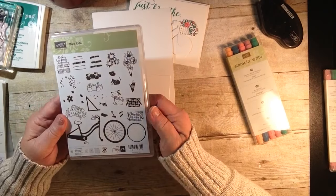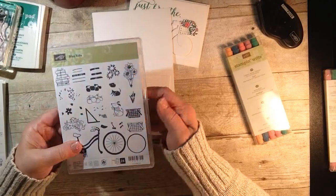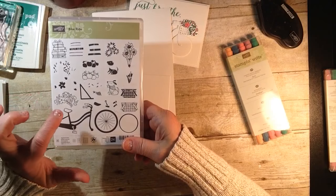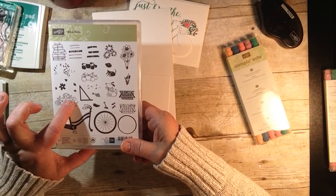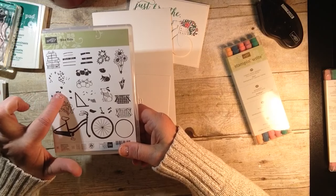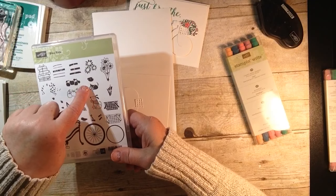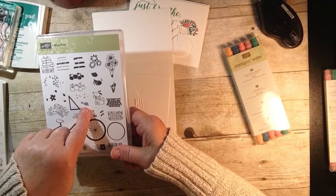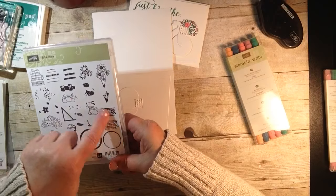So the Bike Ride stamp set is photopolymer. It's really cute. And the best part about it is it's a stamp set, so we're going to use the flowers here. So the flowers, you stamp your image, and then they have the coordinating leaves and the flowers that you stamp over it. Same with the books, the flowers. Look at the little dog. The dog is actually the base dog, and the detailed, and then there's a little bandana, and the basket. I mean, all of these components